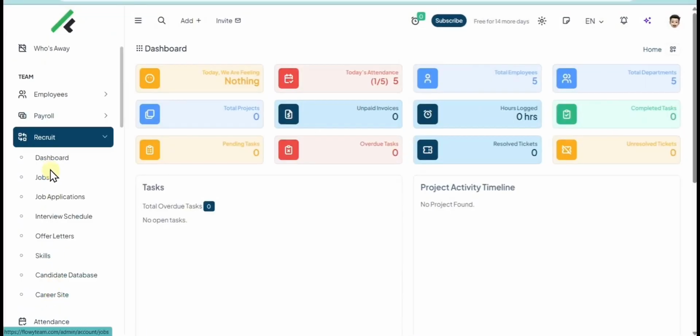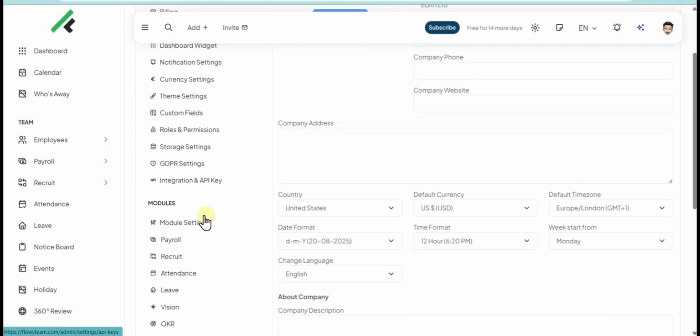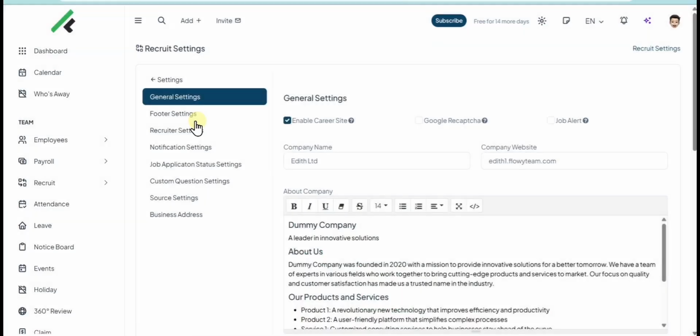Alright, so let's go to the recruit module. Okay, as usual, let's go to the setting first. We're gonna set some things. Okay, so just go to the setting and click recruit, and here is the bunch of setting that you can